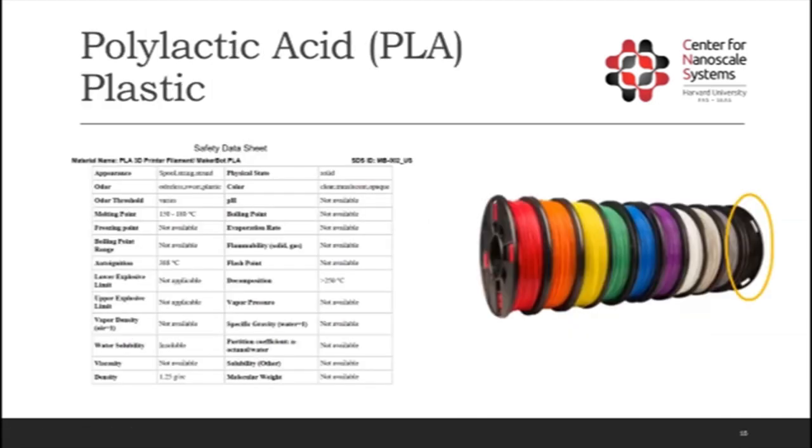So a little more on the PLA material that we provide, because I am talking specifically about the CNS printers. We only provide black PLA plastic. And this is a question I get a lot, because some people want to bring their own filament. Can I just do so? And different colors, etc. Unfortunately, we only want people to use the black PLA plastic that we provide